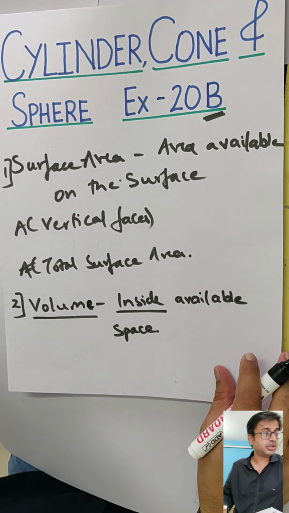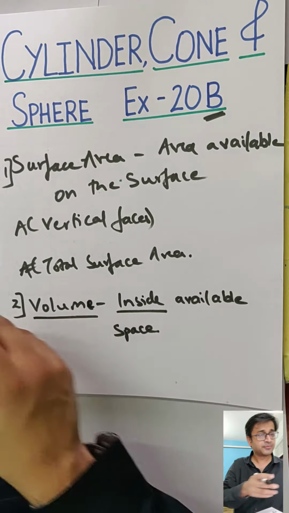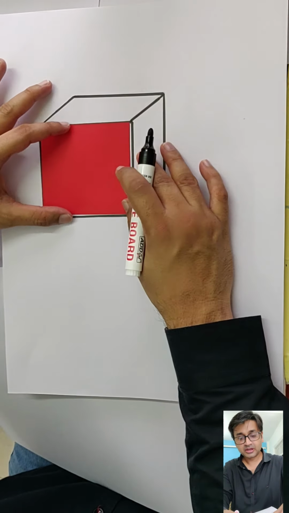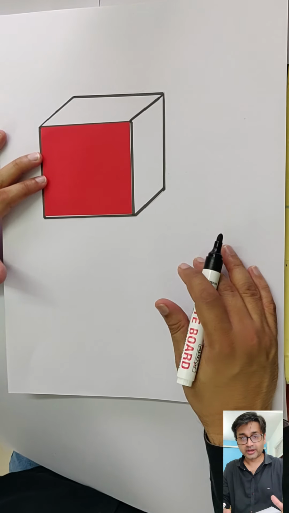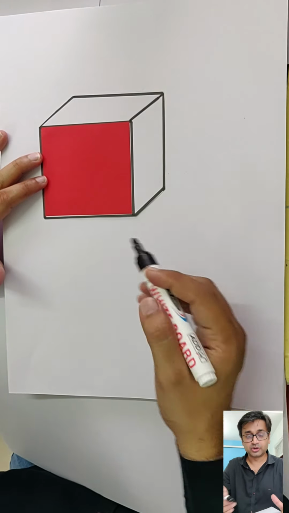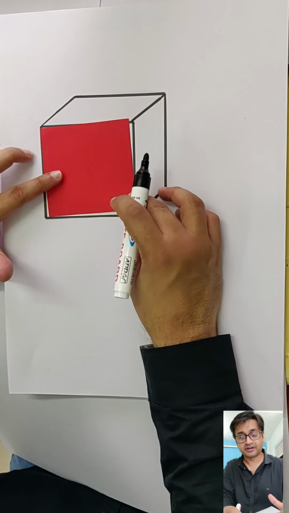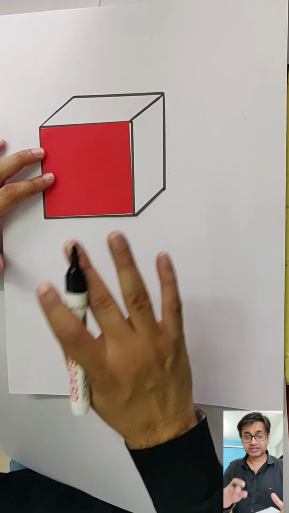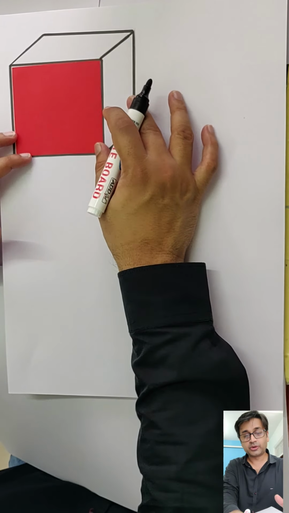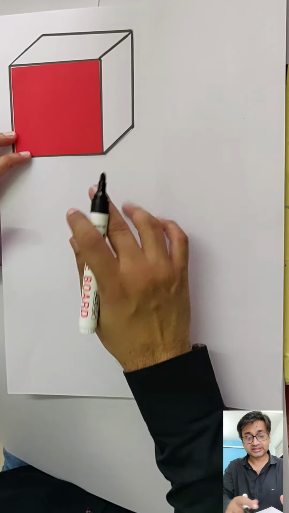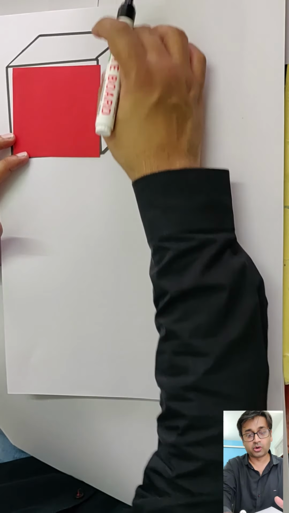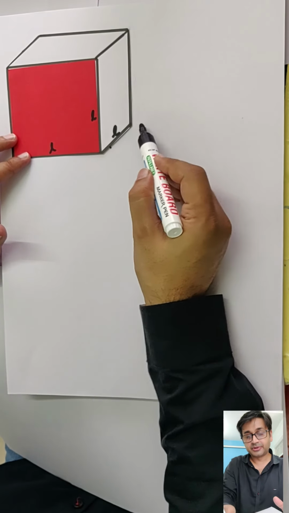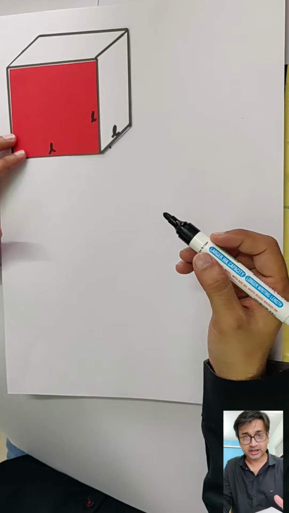Okay, now let's get into each of the objects. So here the first object that I have taken is basically a cube. Cube consists of squares. 6 squares together make one cube. So here the first square I have made in red, then you have second, third, and likewise 3 more on the other side of the face. So 6 faces. Alright. Now for a cube where all sides are equal, we will call all of them length. So length, breadth, and height are all length only because all are the same.